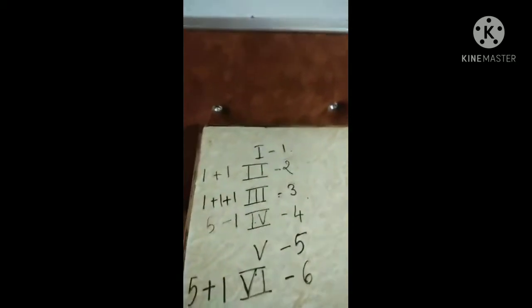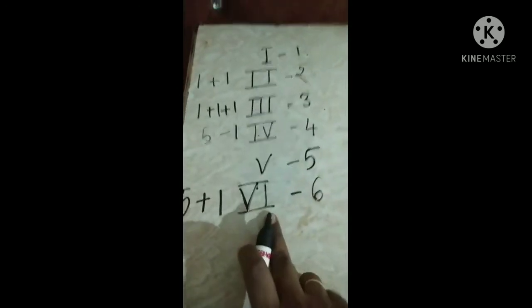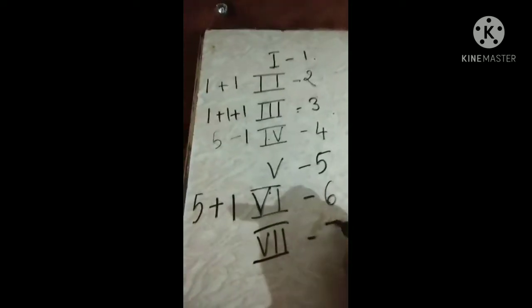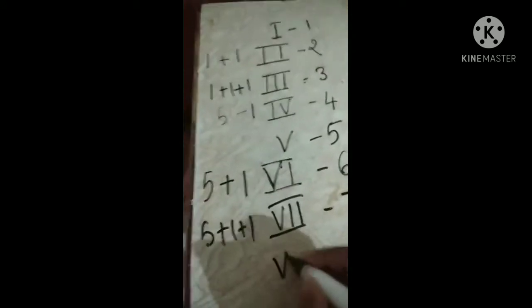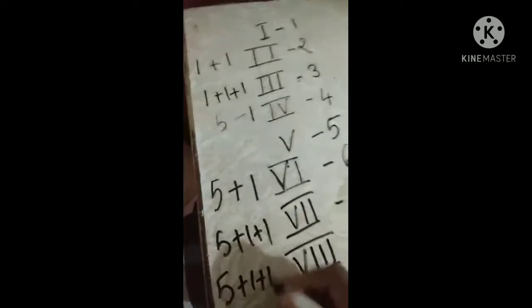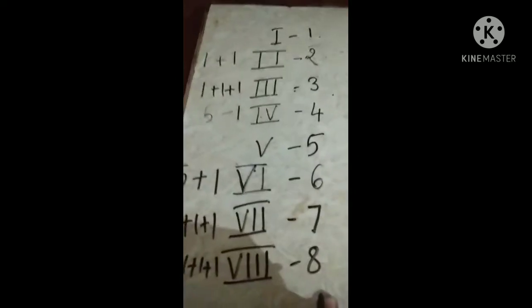Now our next, I can repeat this up to 3 times. So VI one time repeated, V double I, that is 7, means 5 plus 1 plus 1, then V triple I, that is for 8, means 5 plus 1 plus 1 plus 1. I can repeat up to 3 times. So I get 8, V triple I for 8.